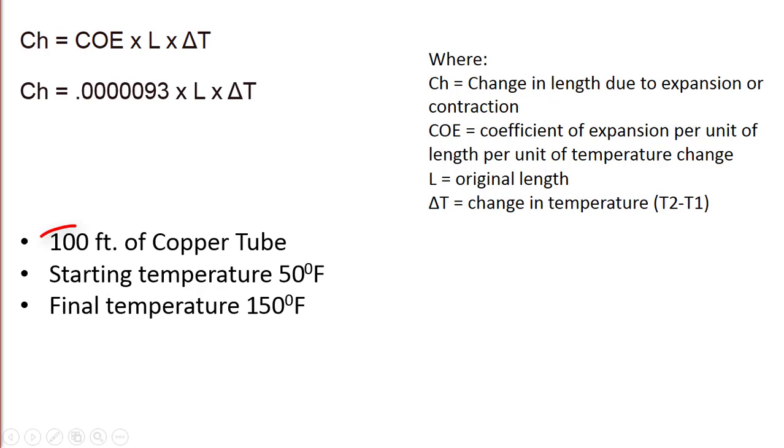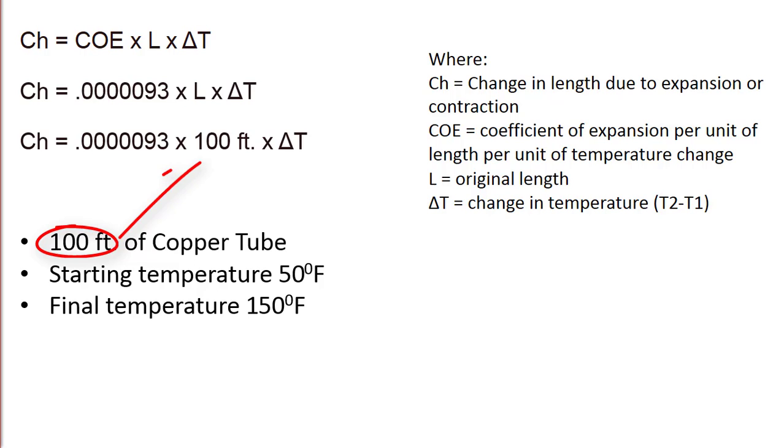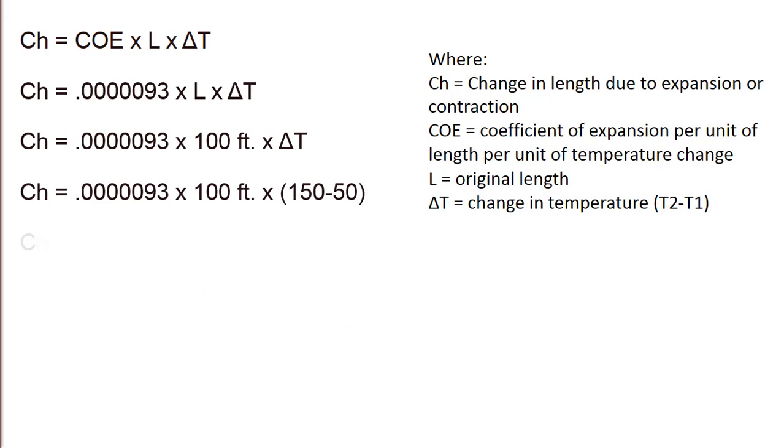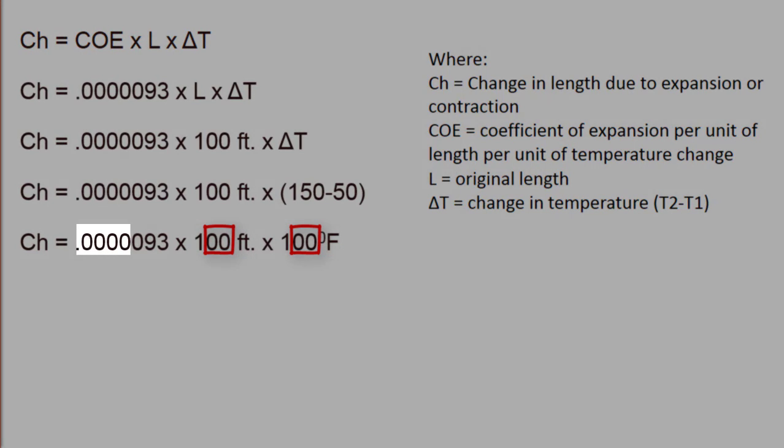The starting length is 100 feet. The temperature change needs to be calculated by deducting the lowest temperature from the highest temperature, which gives us a total change in Fahrenheit of 100 degrees. Now we could actually do this calculation in our heads, as we are simply multiplying by 10 4 times. So we can move our decimal over 4 places, and we get